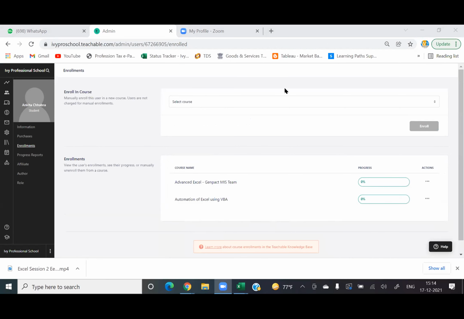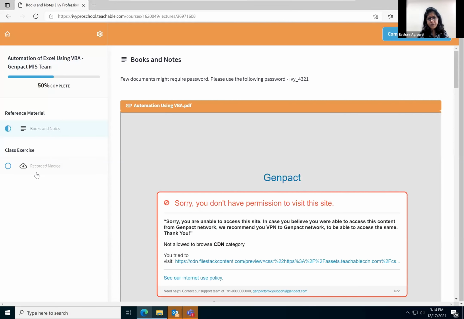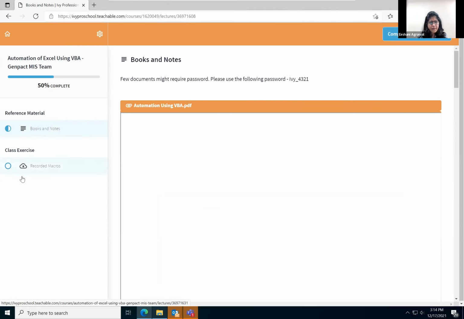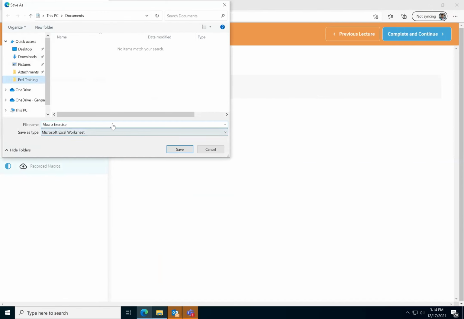Shani, in my class exercise, I don't have any macro file here. Can I send the macro file on this WhatsApp group? Shani, can I share my screen? Like the problem that I'm facing. Yes, one second. If you have a problem in getting the file, first share that and then we'll share the macro problems. You can see that. Go to books and notes, go to class exercise, recorded macros. Download this. Yeah, I can download this, but